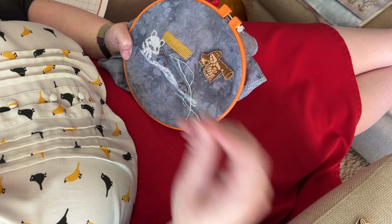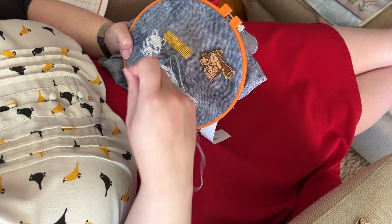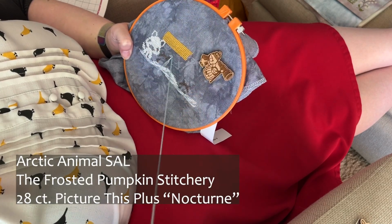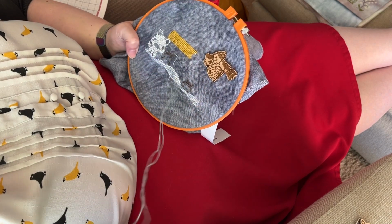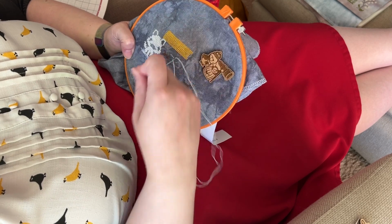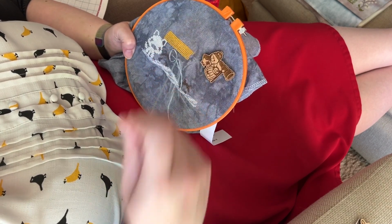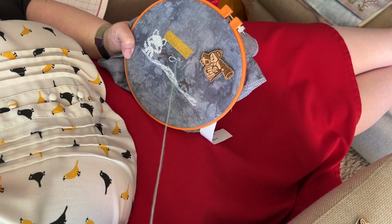He helped me set the camera up because I wanted to show you what I was stitching on right now. And today I am working on the Arctic Animals Stitch Along, which is hosted by the Frosted Pumpkin Stitchery. This stitch along just started, so guess what? I am not behind yet. I am working on Clue 1, which features 2 Arctic animals, and I have a lot of the big parts kind of filled in. And so it's all going to be about filling in those little details,